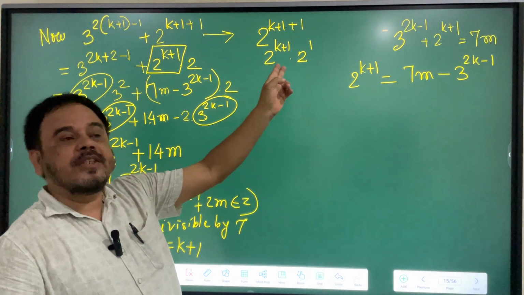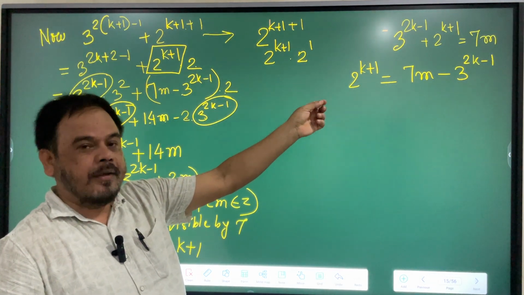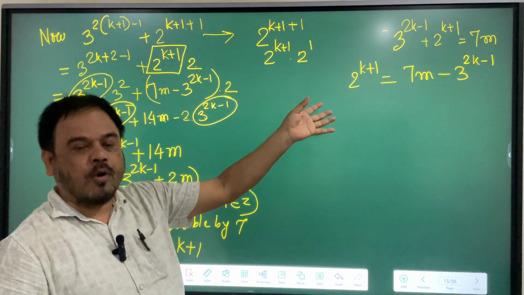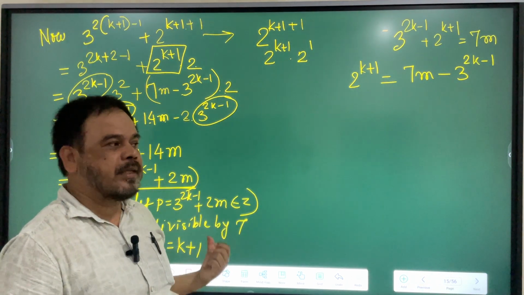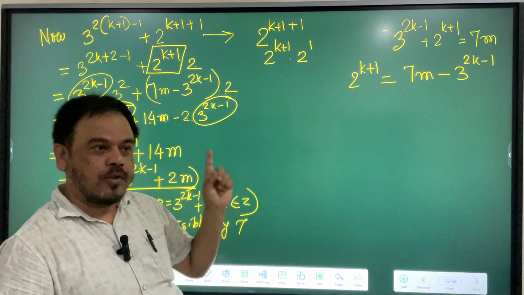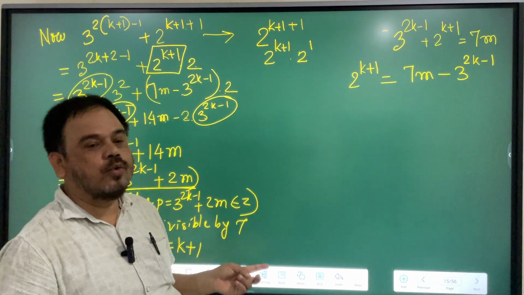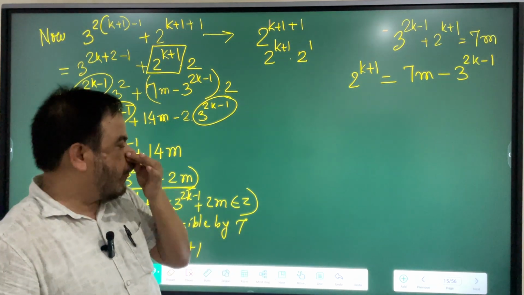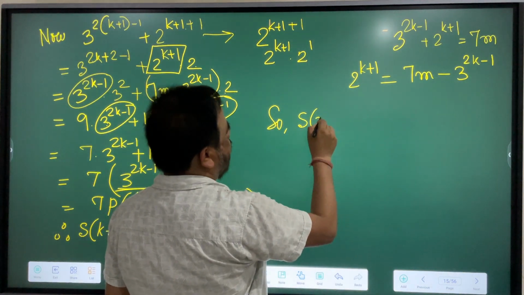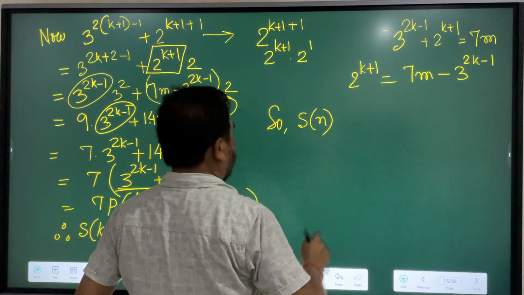So S1 is divisible by 7 for n equals 1. Sk is divisible by 7 for n equals k. Sk plus 1 is divisible by 7 for n equals k plus 1. So 1 is true, k is true, k plus 1 is true. Therefore, so Sn, or directly we can write